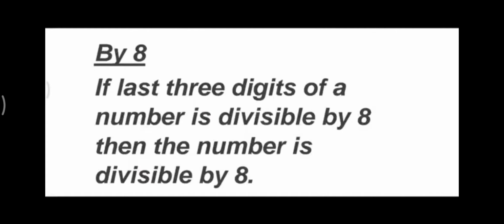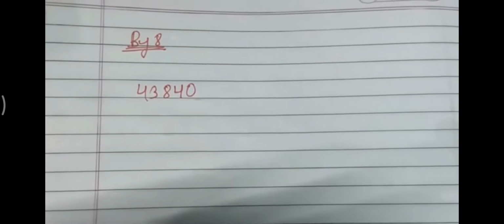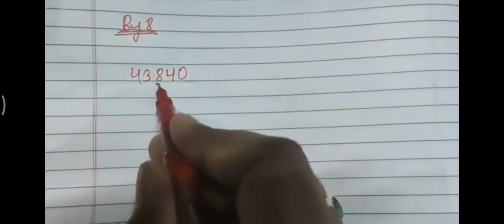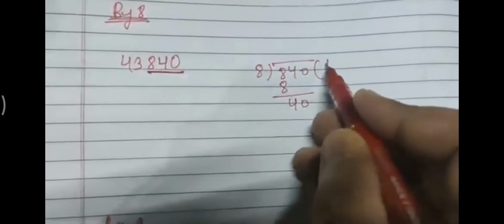Now this is the divisibility of 8. If the last three digits of the number is divisible by 8, then the number is divisible by 8. अगर लास्ट की 3 डिजिट्स जो हैं वो किसी भी नंबर की अगर डिविजिबल है 8 से, तो वो नंबर 8 से डिविजिबल होगा। नाउ दिस इज द एग्जांपल 43840। नाउ हेयर 3 डिजिट्स आर 840। अब हम इसको 8 से डिवाइड करके देखेंगे कि क्या ये 8 से डिविजिबल है।